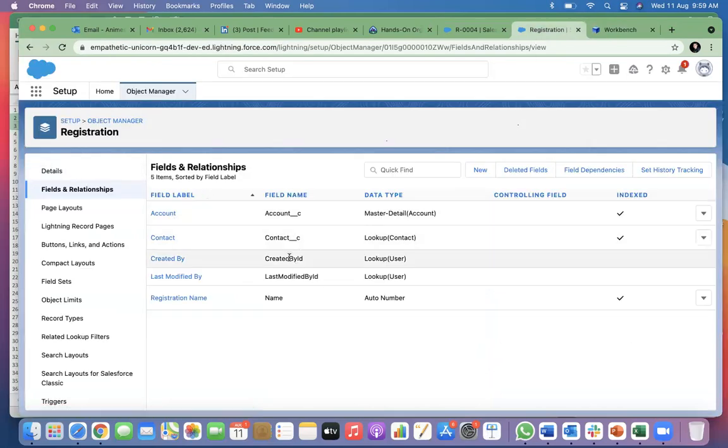If you see this, there is a contact lookup relationship and an account. So there are two relationships. When there are two relationships in a same object, this becomes a child of both account and contact. That means it's a mapping table now. If both parents are master detail, in that case, it will be called a junction object instead of a mapping object.